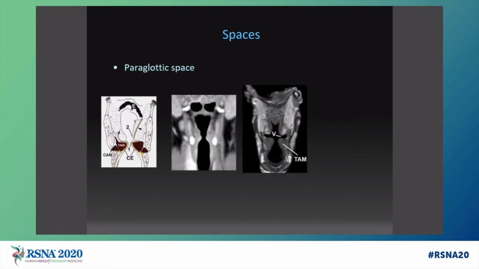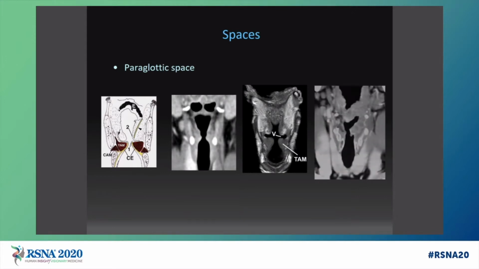Now you can't see these structures on CT or MR, but know that they're there, and know that whenever there's anything lateral to them, such as in this CT here in this patient, that is in the paraglottic space. So this was a patient with a tumor that started in the laryngeal ventricle and grew laterally and invaded into the paraglottic space and then also into the epiglottis. Involvement of the pre-epiglottic space or paraglottic space upstages a tumor to at least T3. So that's an important